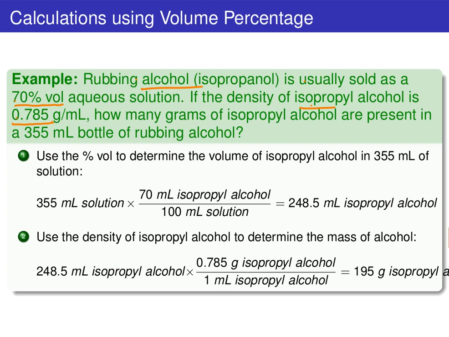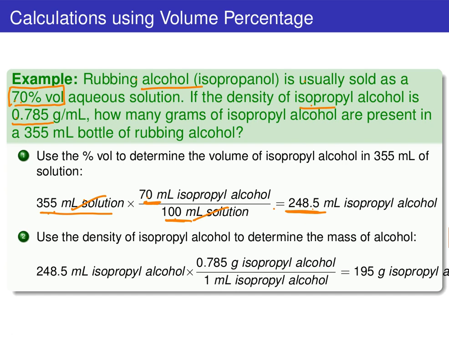According to the 70% volume concentration that we're given in the problem, we can take the total volume of solution, 355 milliliters, and say, well, because it's 70% by volume, we know that of every 100 milliliters of solution, we will have 70 milliliters of isopropyl alcohol. So we're converting milliliters of solution into milliliters of isopropyl alcohol, and we'll arrive at a value of about 248.5